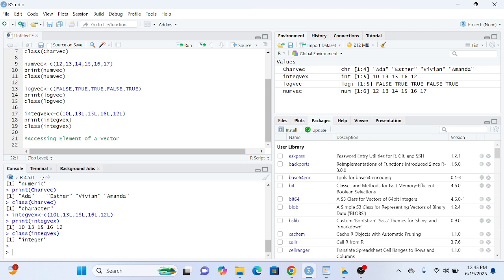So now if you want to access an element of a vector, regardless of where the element or the position in the vector is, you have to use the R indexing rule, the one base R indexing rule, which names the first element of each vector as index one, and it progresses in sequential order. So now if I want to access the second element or the third, let's say I want to access the third element in the num-vec, right? So now let's say access